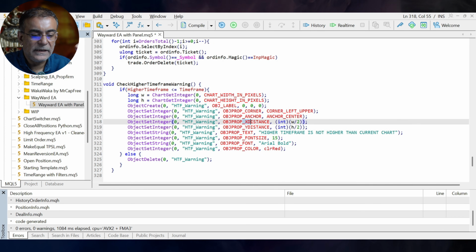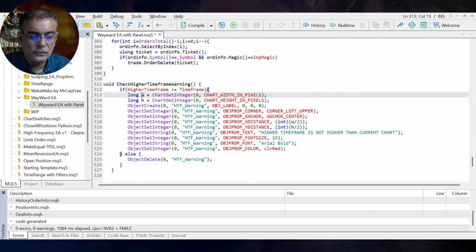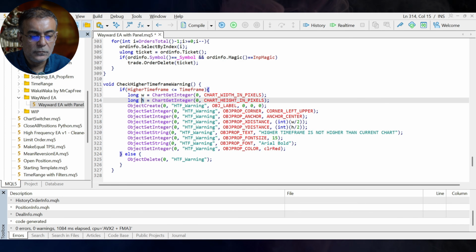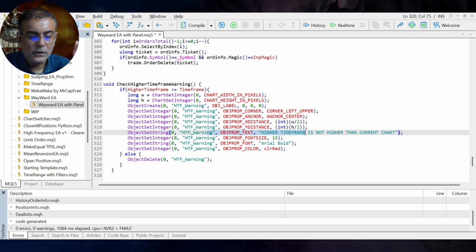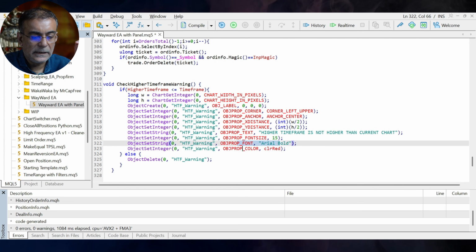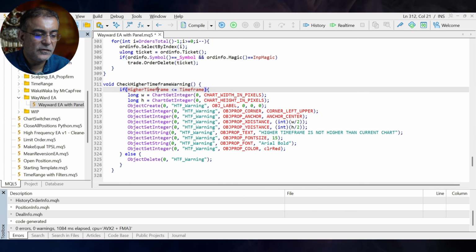Then the distance from the x-axis is going to be whatever is the width of the screen divided by 2, and the height is going to be divided by 2 so that it's right in the middle. And then we say what the warning is, which is higher time frame is not higher than the current chart. The font size is 15, the font is Arial bold, and the color is color red. And if this condition is not true, meaning the user has corrected it, then in that case, just delete that